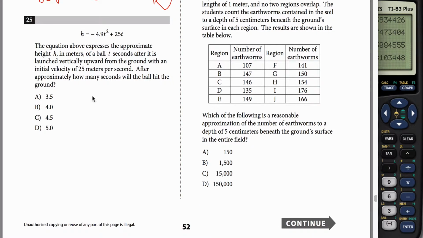25. H, which is the height of a ball, t seconds after you throw it, is given by this equation here. And what it asks is, how long will it take for the ball to hit the ground? Well, when the ball hits the ground, the height is 0. So really what they're asking you to do is solve